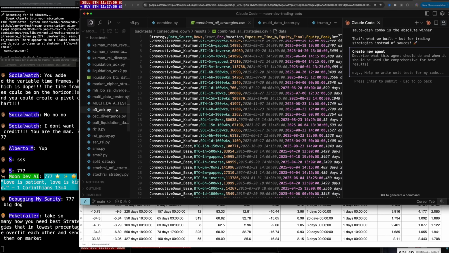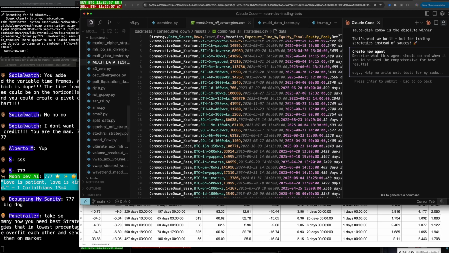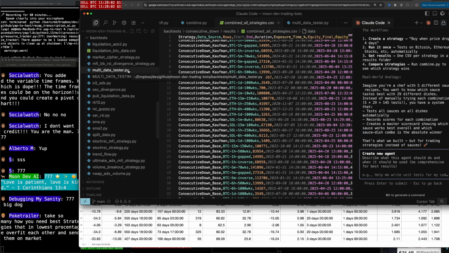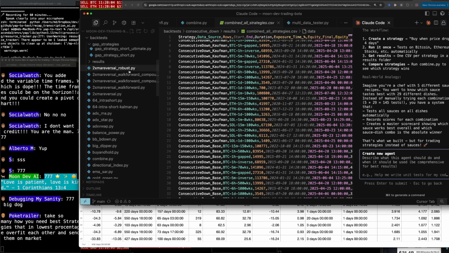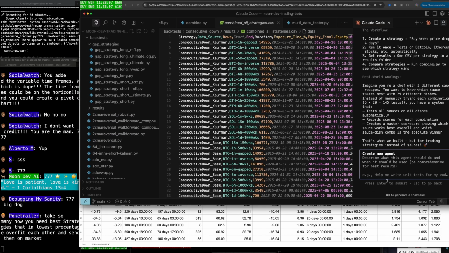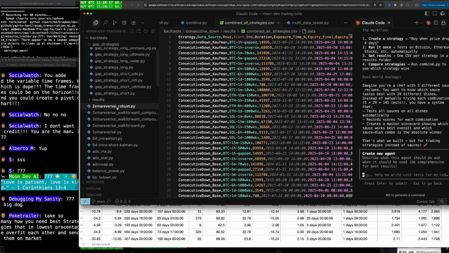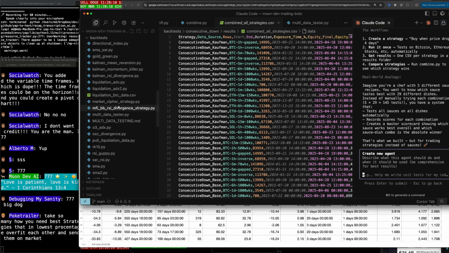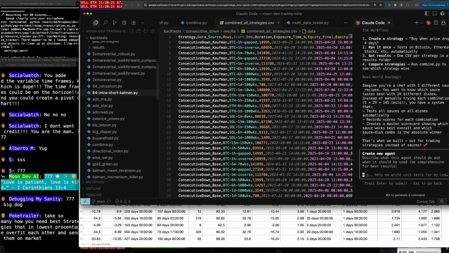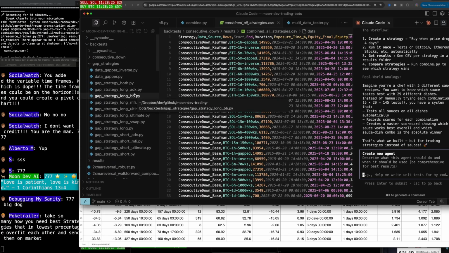You have the examples. You understand how to multi-data test. You have our multi-data tester. You have examples inside of the backtesting folder that show how I want to backtest. You know that I like to print out my stats before running the optimizer. You have the whole multi-data testing framework that you can run, and you'll make sure that all of my backtests